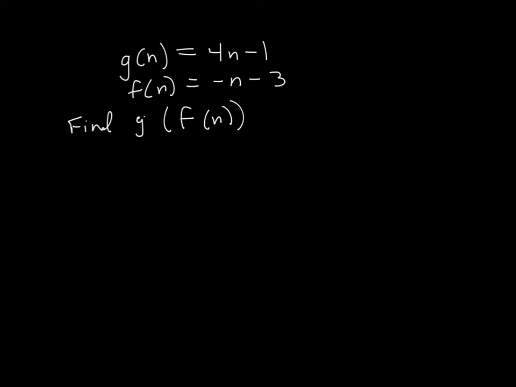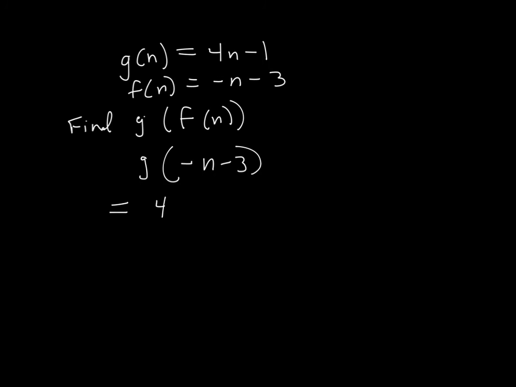So this one, same thing. We're going to do g of, but the f of n is this. F of n equals this. So whenever I see f of n, I could put this. Why would I put this? Because this is the actual function, not just the label for the function. This is it. And what does this mean to do? It means to take this and put it in for n in the g function. So we're going to write that out. That equals